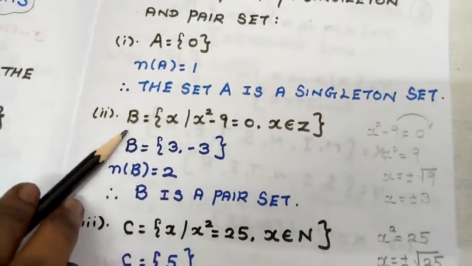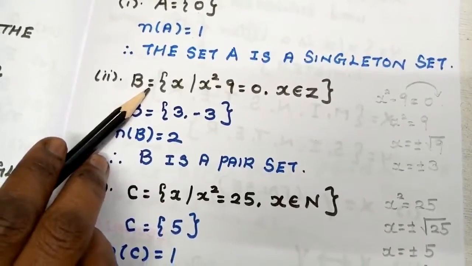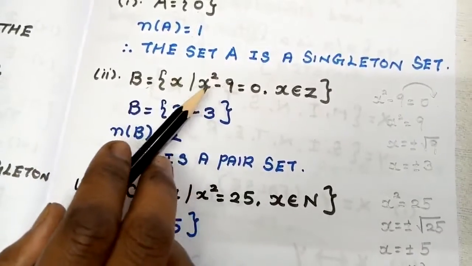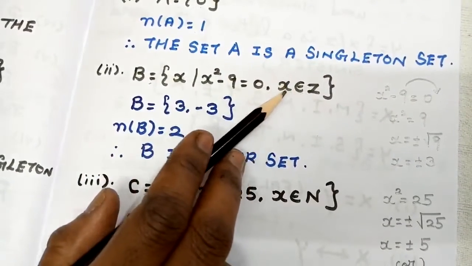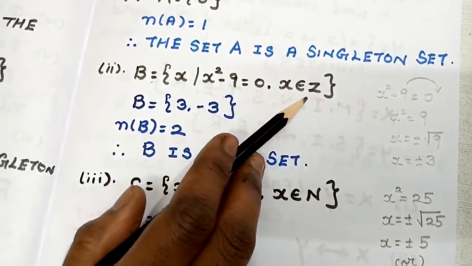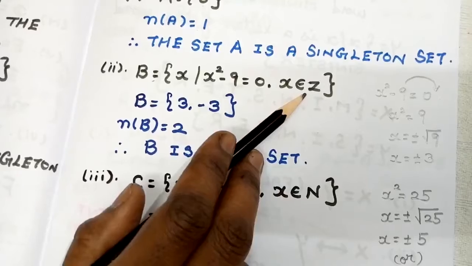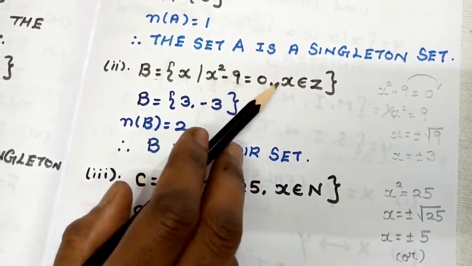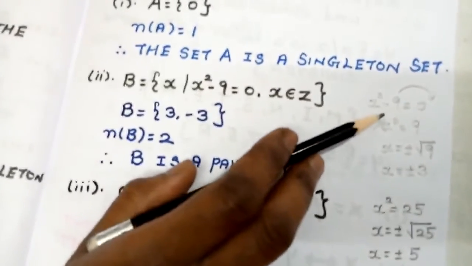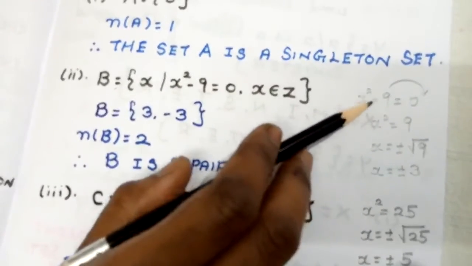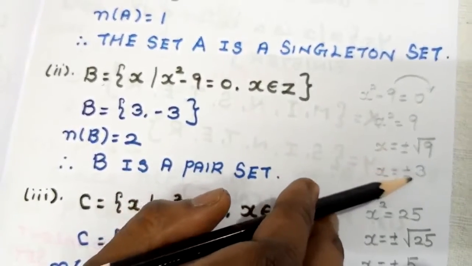Coming to the question B, they have given it to you in the form of an equation. If you see the equation, x square minus 9 equal to 0, where x belongs to Z, Z means integer. In integers, you will be having positive, negative and 0 values, students. I am going to take this particular question and write it in the rough work. x square minus 9 equal to 0. Simplify the term. You will be getting x is equal to plus or minus 3.